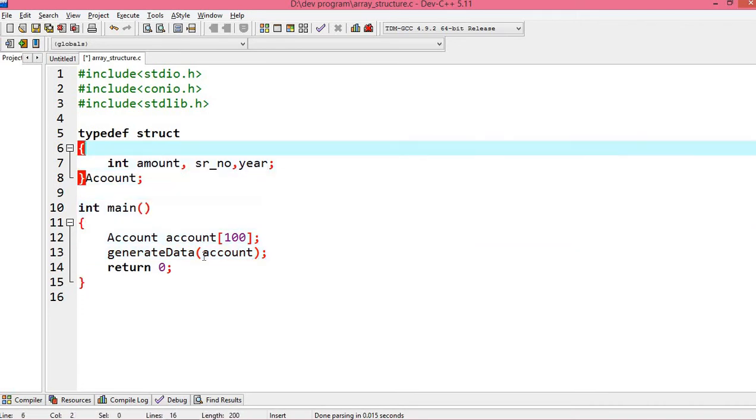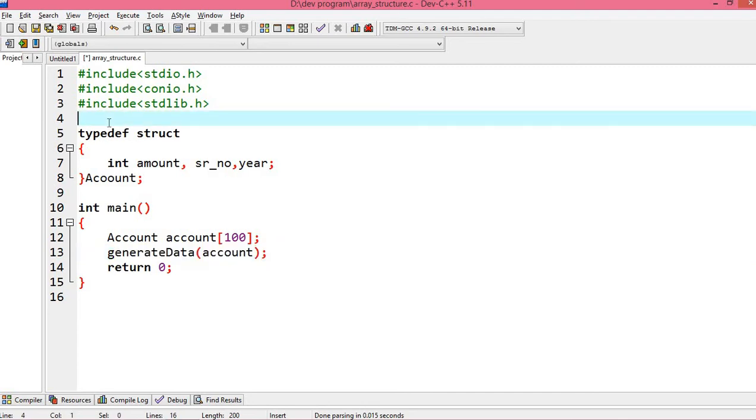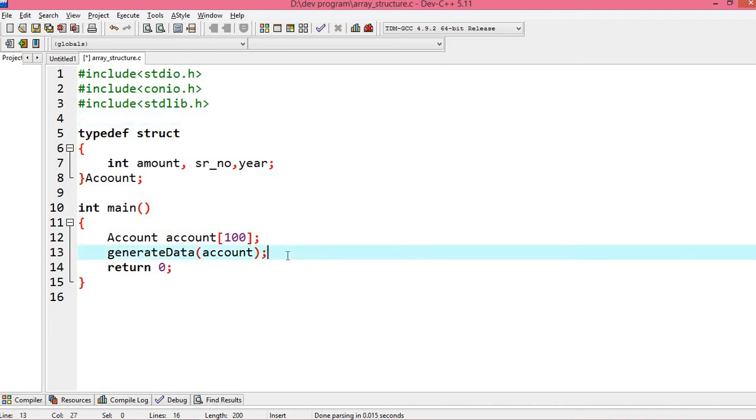Now, as I have called this function, I need to define it. Generally in C programming, whenever you are dealing with a function, first there is the function prototype, after that the function definition, and after that the function calling. So over here we have performed the function calling.